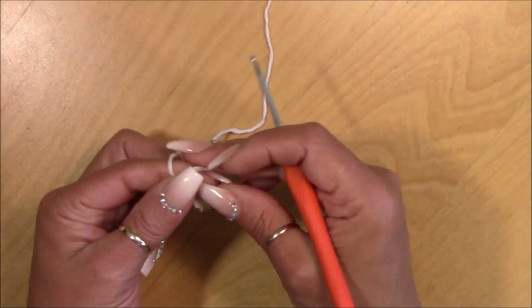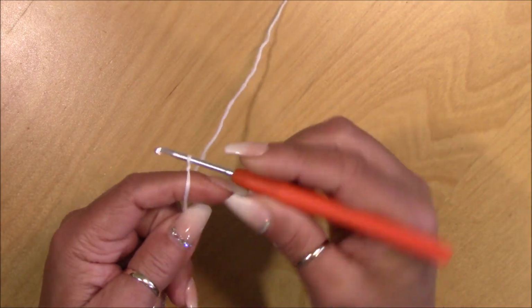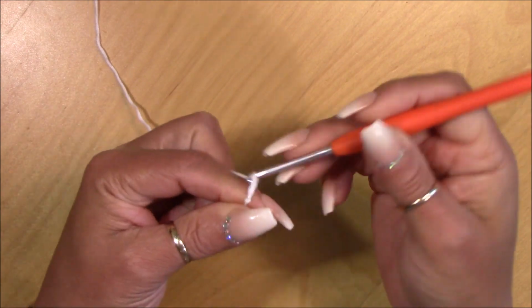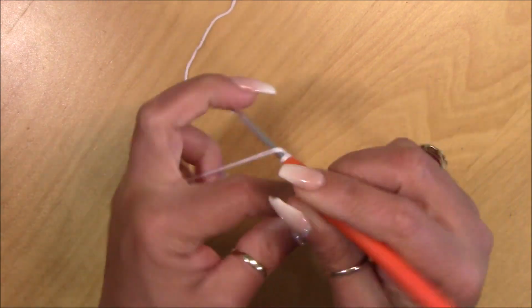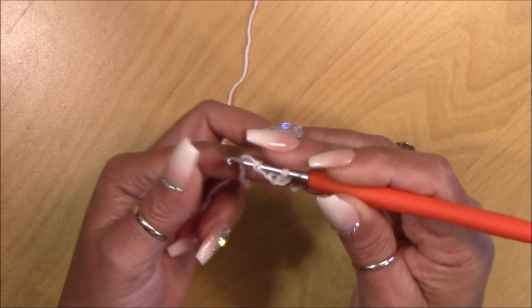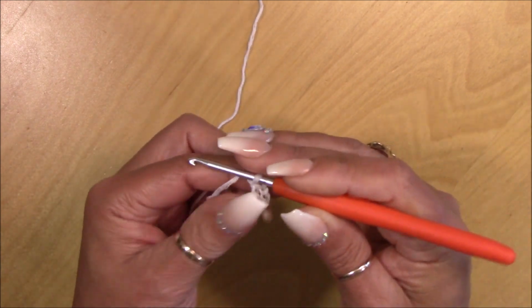I'm going to start with a slip knot and a chain of 6. One, 2, 3, 4, 5, and 6. You're going to go to the first chain and do a slip stitch. You're going to chain 3,